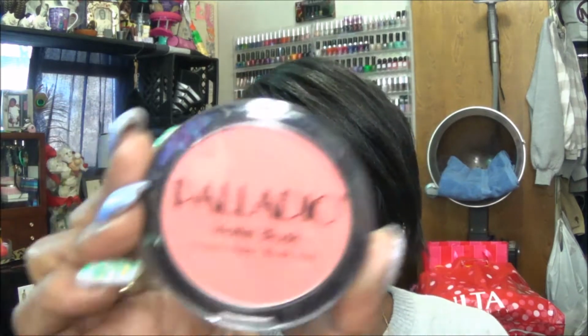I definitely recommend that if you do use the Airspun, any one of them, always spritz your face afterwards with your Max Fix Plus or your DIY setting sprays, just so that you don't have the powder face. For my blush, I'm using my Pallaido matte blush in the color Toasted Apricot, and this I got